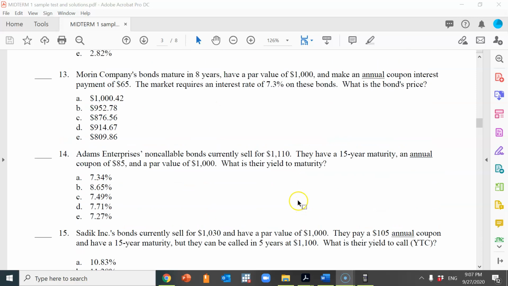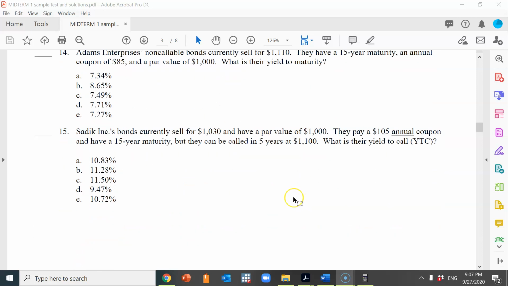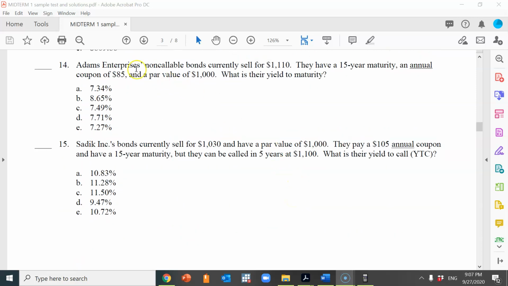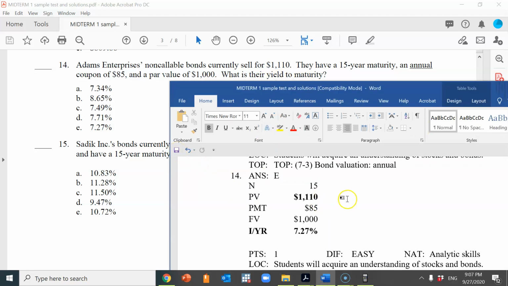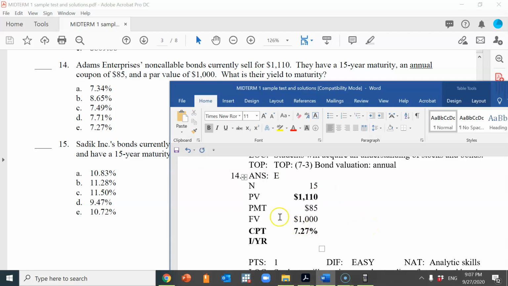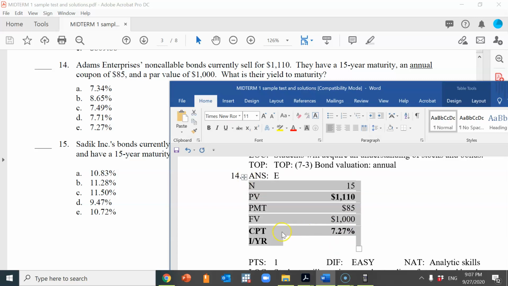Question 14. This company's non-callable bond sells for 1110, 15-year maturity, annual coupon 85, par 1,000. What is yield to maturity? Okay, very similar for annual bond. Now we're looking for yield to maturity, I/Y. We would like to compute I/Y in the end after we input all the other